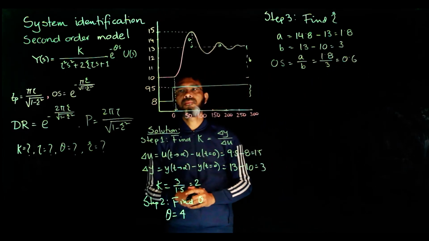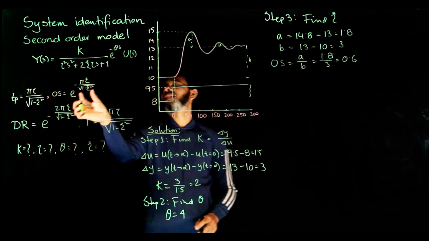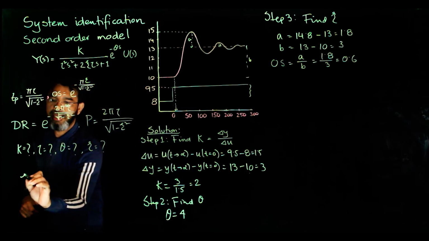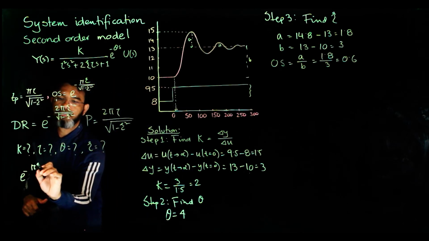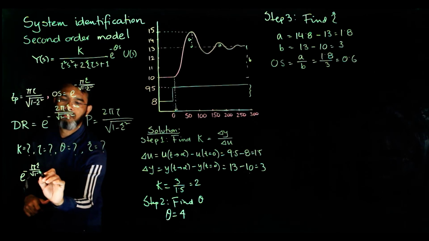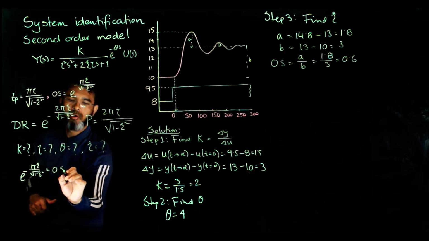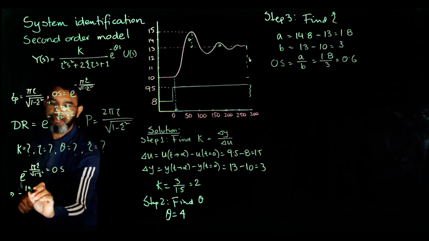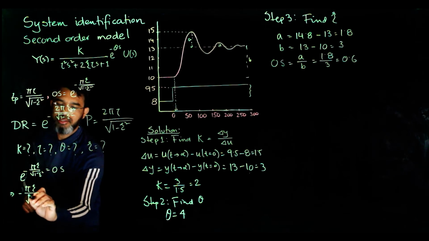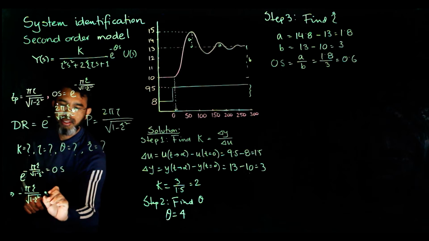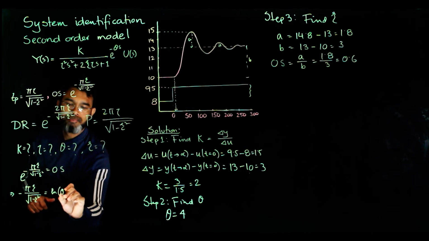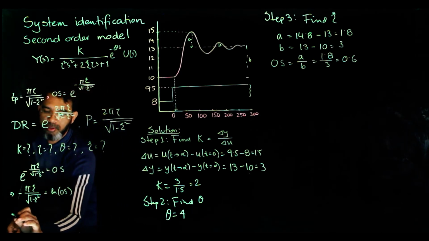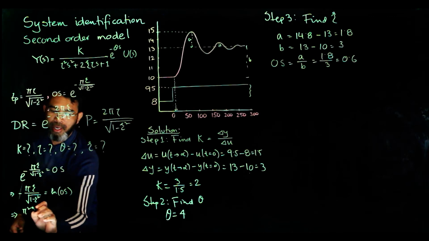So we get overshoot equals 0.6. Okay. Now the relation between overshoot and the decay ratio, if you reformulate this equation, you will get e to the power of, from here, negative pi zeta over the square root of 1 minus zeta squared equals ln of overshoot. Okay. If you take a square on both sides, you will end up getting pi squared